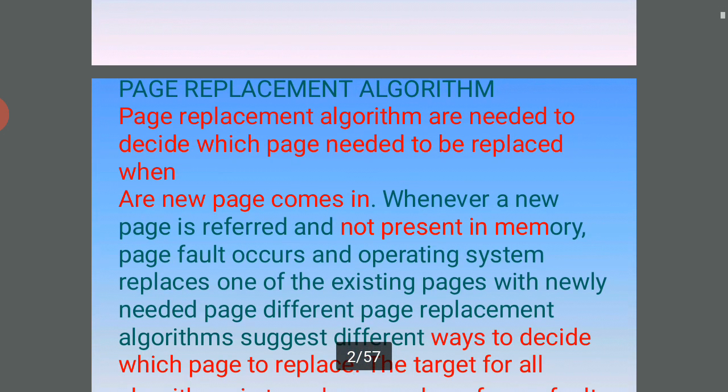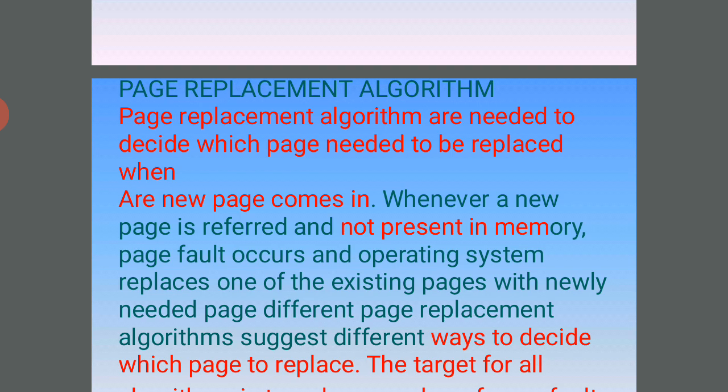First of all, what is page replacement? Page replacement algorithms are needed to decide which page needs to be replaced when a new page comes in. It is a change from one page to another page, which we call page replacement.